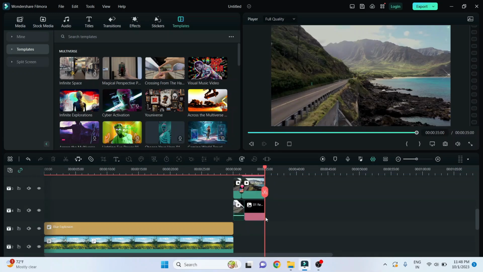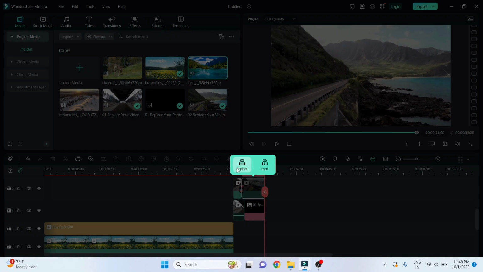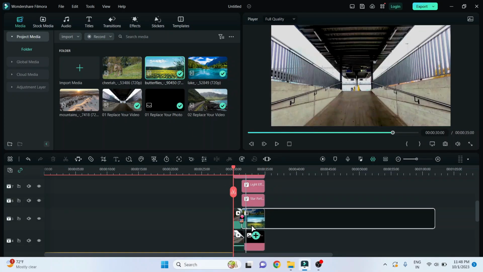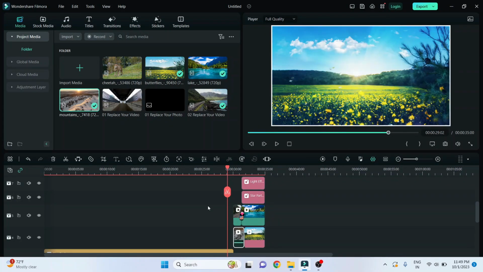So guys, from this you can replace it. I will go to the media option and after that I can replace it. If I drag this and drop it into the video option, here you see there are two options. So I just replace it, then that video will be replaced with this video. So guys, what we can understand from this is that somebody has already designed a template or a video and we can replace it with our video and make our video easily.